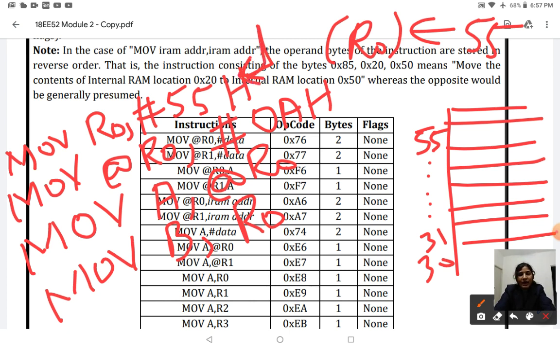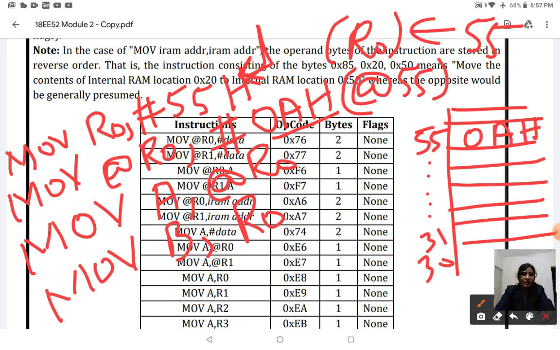Second one, MOV @R0, #0AH. Here 0A is your data. This data is stored at the location pointed to by R0. What is the value of R0? R0 is 55. So at the 55th location you are going to store the data 0AH.